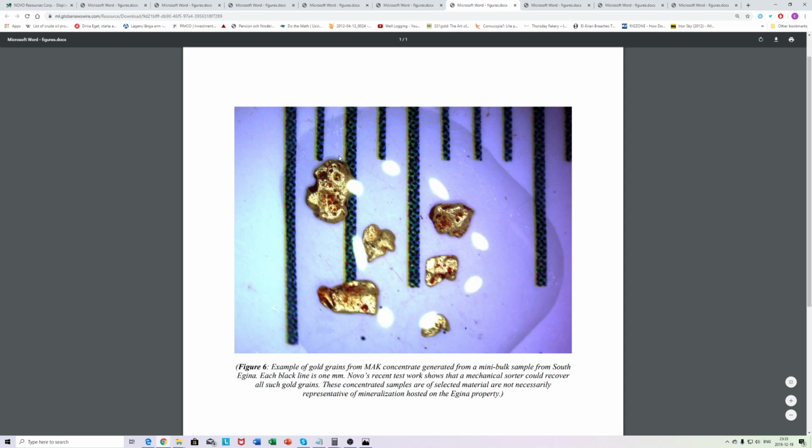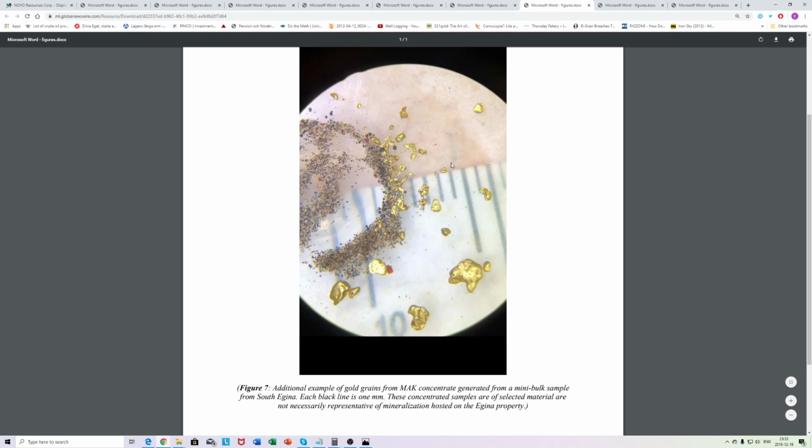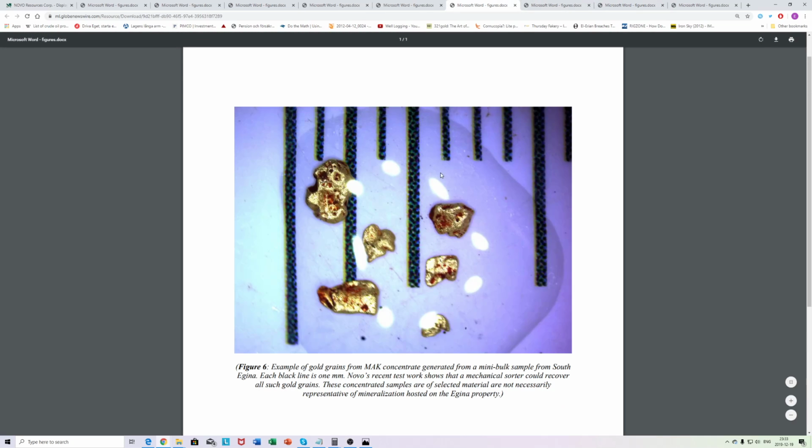Pretty small. This is around 1 millimeter basically. Also a bunch of 1 millimeter and some sub 1 millimeter. This is a bit larger, but if you're finding this kind of stuff, this looks to be the disseminated halo gold, if you know what I mean, the background gold level that graded